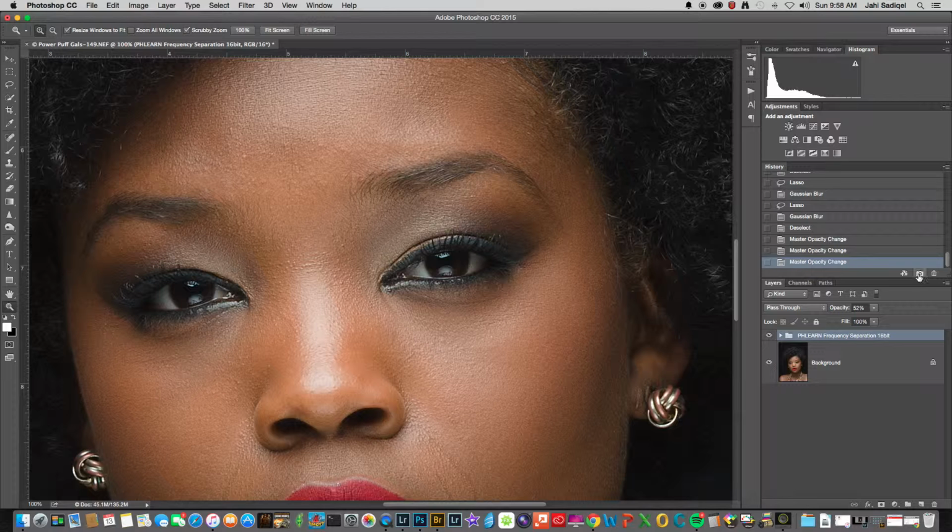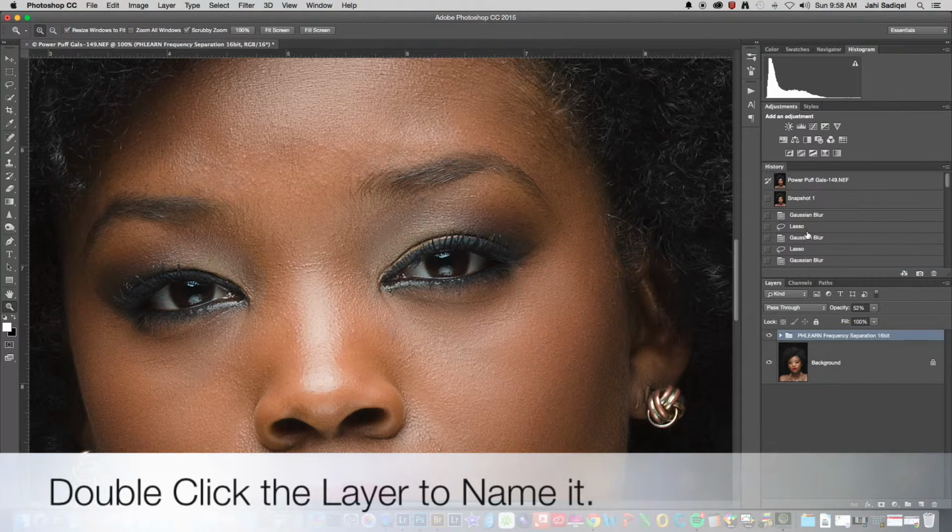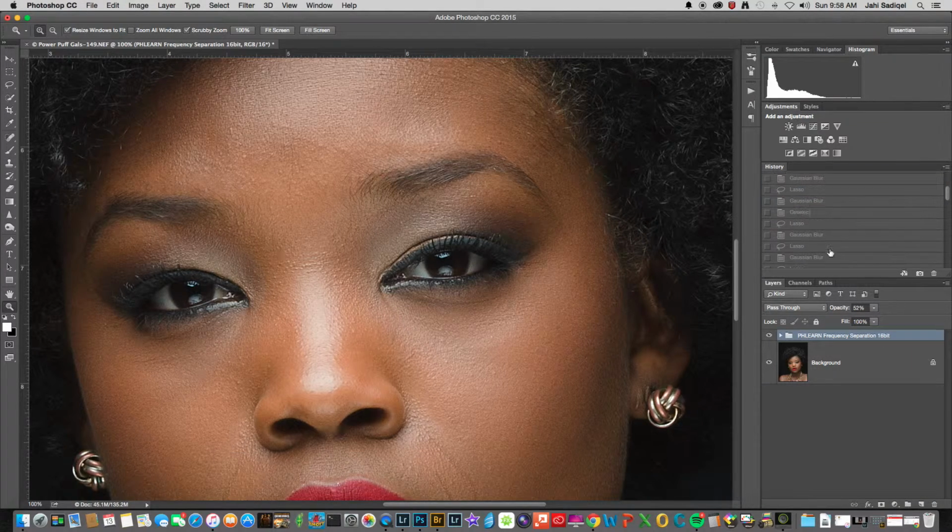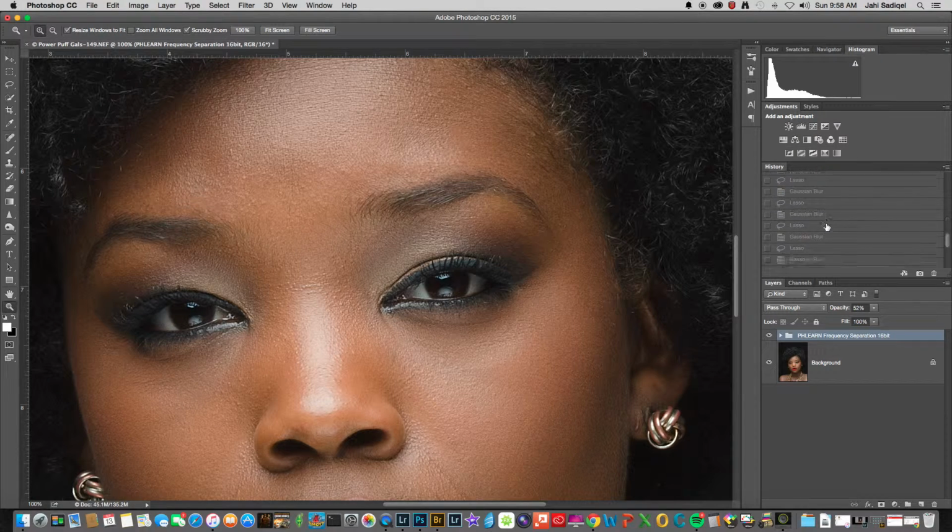I'm a big fan of taking snapshots. What snapshots do is that they literally take a snapshot of where you are in a retouch or in your editing. So I'll name this smooth. So no matter what I do after this point in the snapshot,